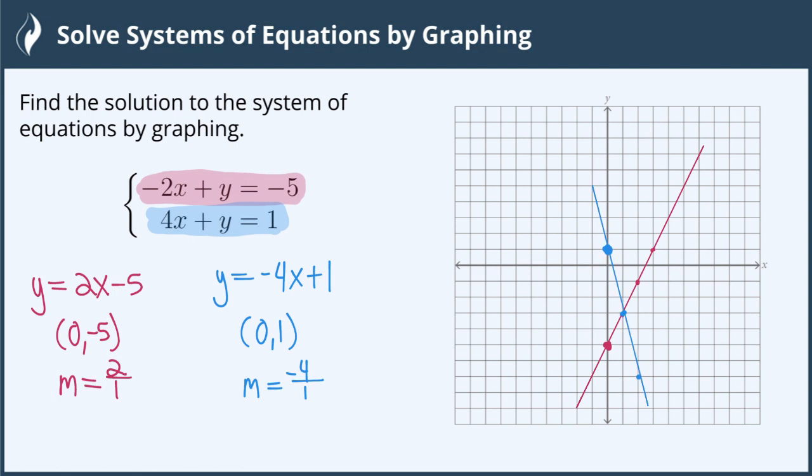When I do that, again, being really careful that I'm being accurate, we can see that the two lines do cross, which means there is a solution. The point that they cross at is right here, and that is the point 1, negative 3. So 1, negative 3 is the solution to our system of equations, which means that it is a valid solution